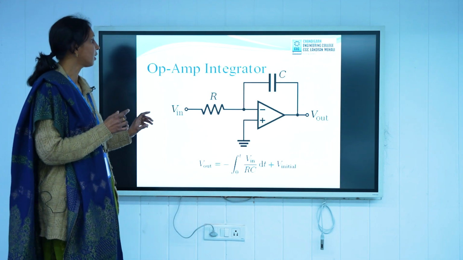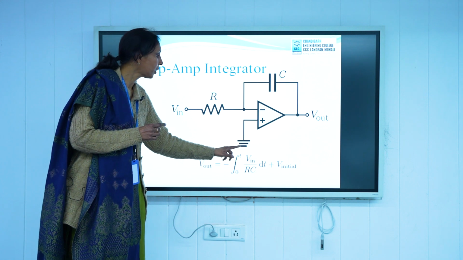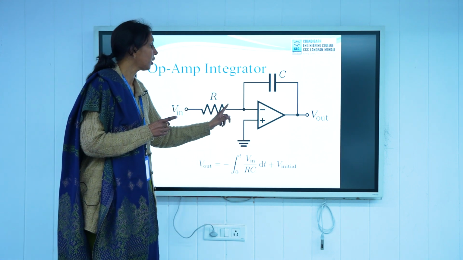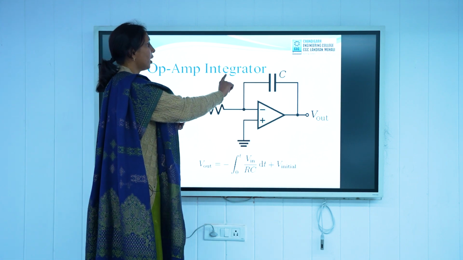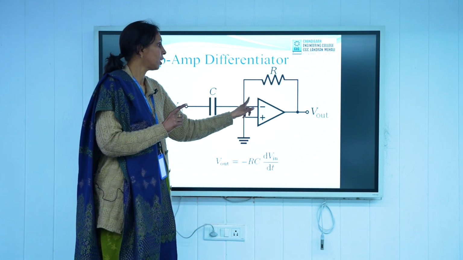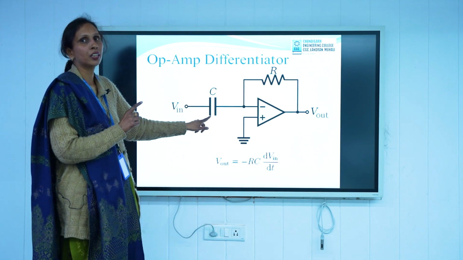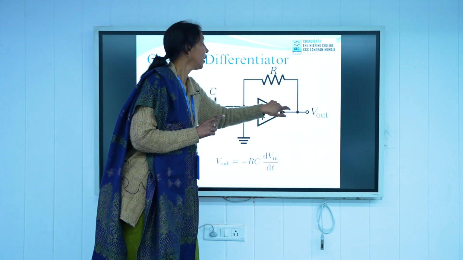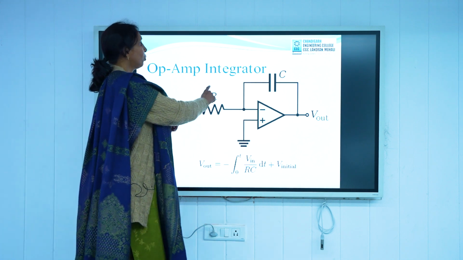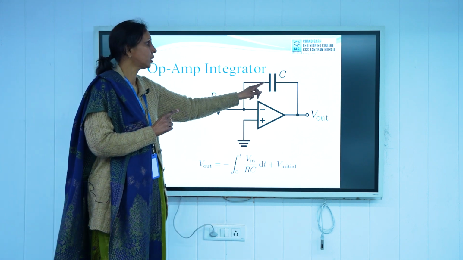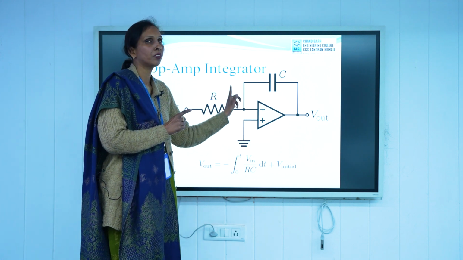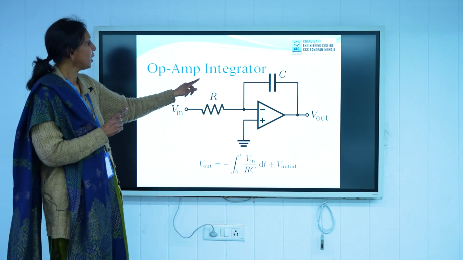Then the op-amp as an integrator. It means we are integrating the input with respect to the output. When integrating, we have to interchange the position of R and C. In the previous case we took feedback in terms of resistance and at the input we provided the capacitance. We know that integration is the opposite operation of differentiation, so we need to interchange R and C. In the previous case R was here and C was here, but in the integrator we take feedback in terms of capacitance and resistance at the input.